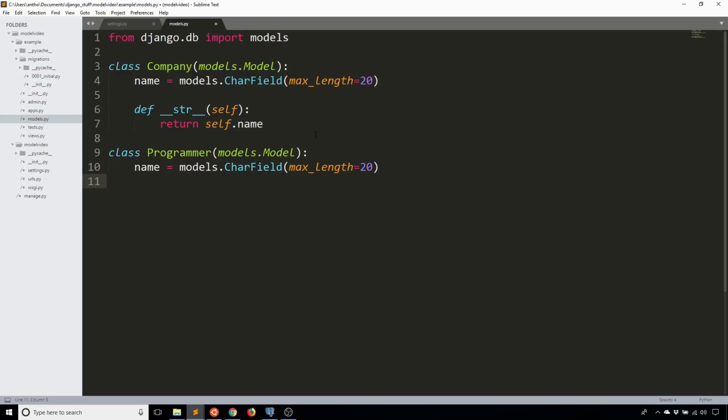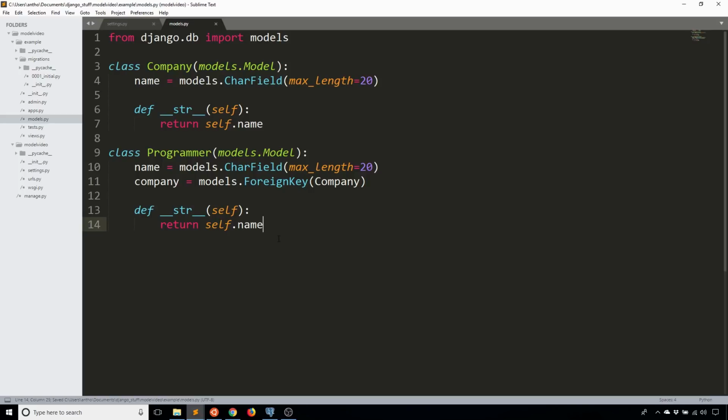And now to actually create the relationship between the programmers and the company, I'm going to add a field called company. This is going to be pointing to the company class that I have here. Then I'll use models.ForeignKey. And all I need to pass the foreign key is the class that the foreign key should reference. And then Django is going to figure out everything else for me. So basically what I'm saying here is that a programmer belongs to a certain company, and that company is represented in the company table. So if I simply return name for str,